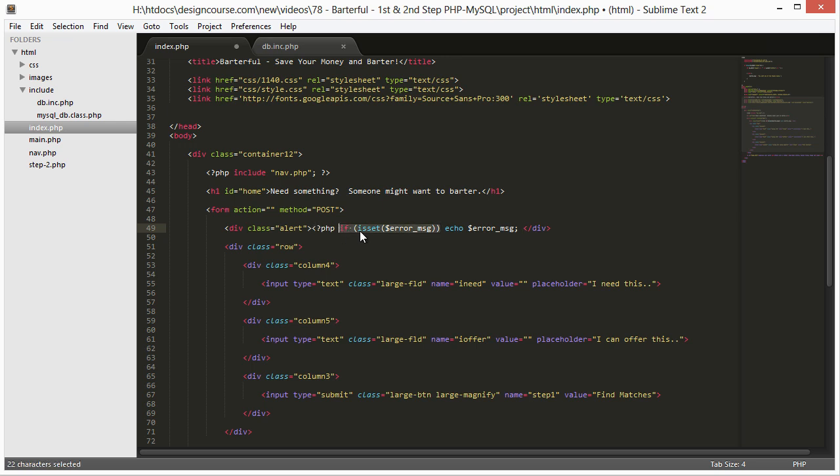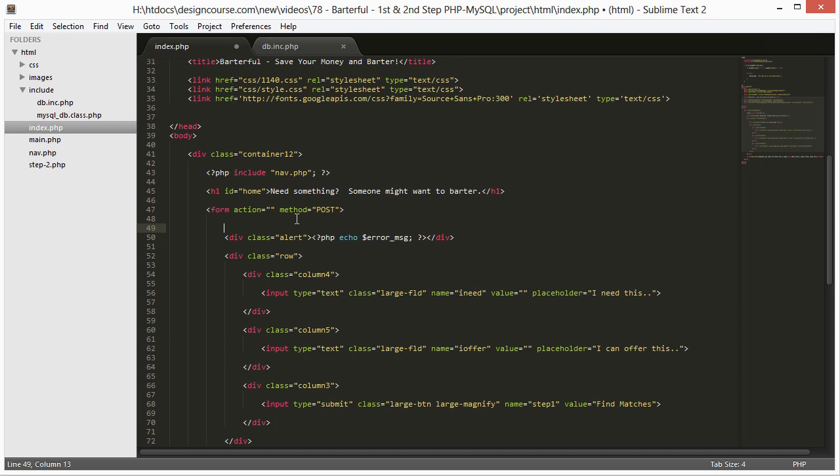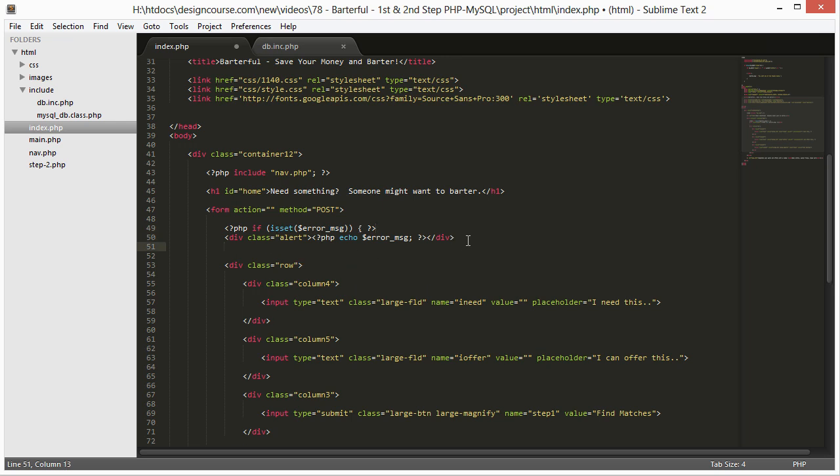I'm going to copy this portion. I'm just going to put echo errorMsg, and then outside of this, just above the div, we're going to put PHP, and then paste that area right here, if isset error message. Open up the bracket. We'll close that one right here, and then put PHP, and then close the bracket right there. All right, so basically, save that, and we'll re-upload